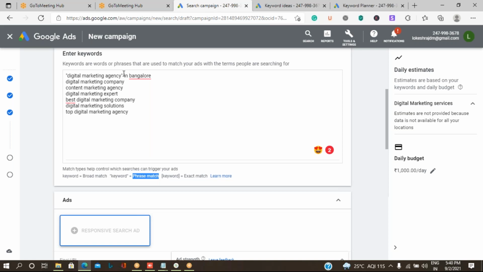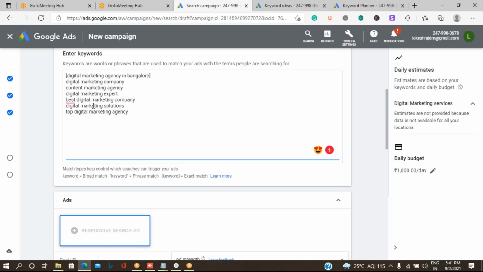Suppose you want the people to write it exactly like this, and then only my advertisement has to be shown to them, then you should keep this keyword in brackets. When you write any keyword in the bracket, it means your audience has to write exactly the same keyword, then only your advertisement will be shown. There are three types of keywords.